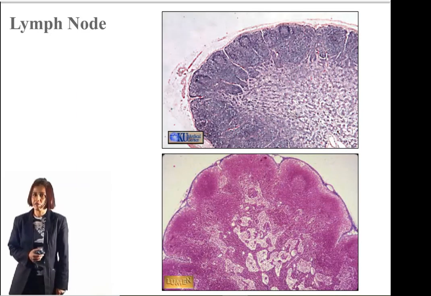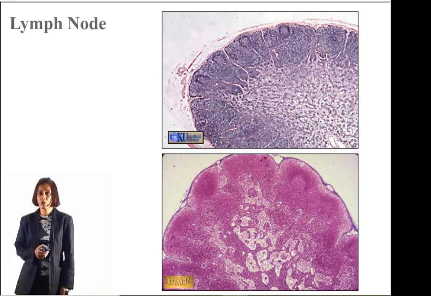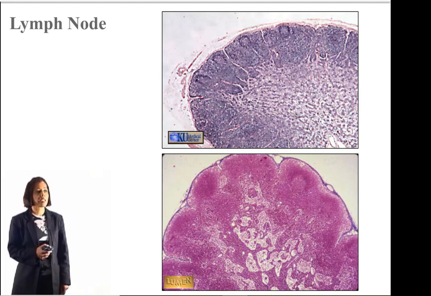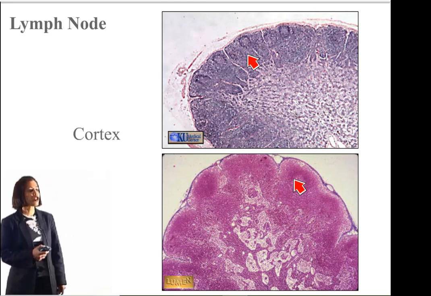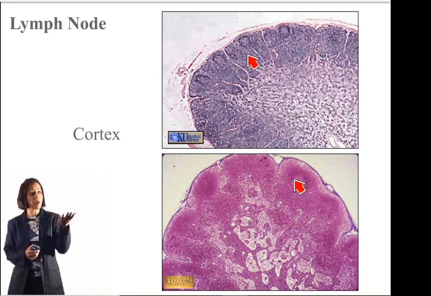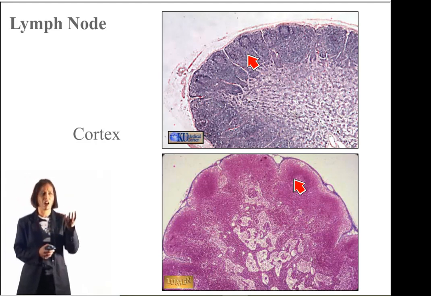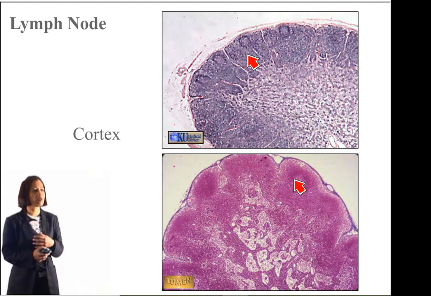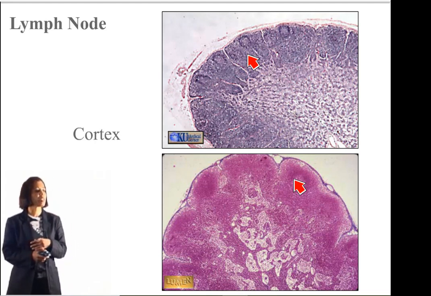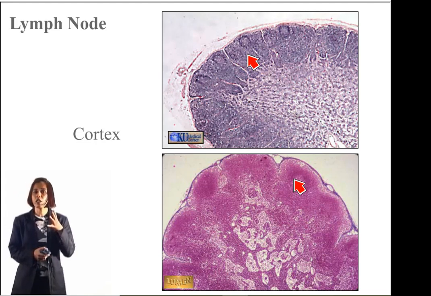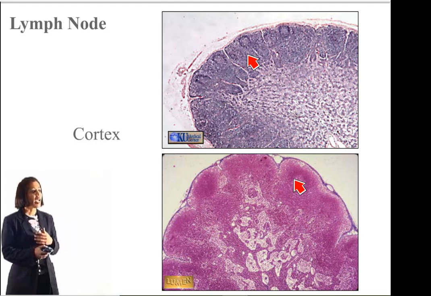Let me start with the lymph node. Now when you look at the lymph node, what you notice is that it has a darker area, which is the cortex, and this could be stained dark blue as you see in the top picture, or it could be stained dark pink. Usually dark blue, purplish blue is the color that you see, but sometimes the stain may not take that well. But in any case, the cortex always stains darker and is peripherally located,